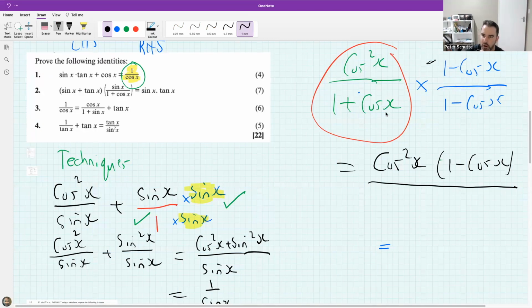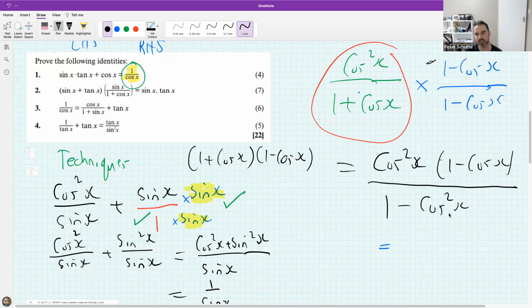So if you've got 1 over 1 minus cos x, imagine it like this. You have 1 plus cos x times 1 minus cos x. What is that going to be equivalent to? Doesn't a difference of 2 squares just have the first square, which is 1, minus cos squared x? And then